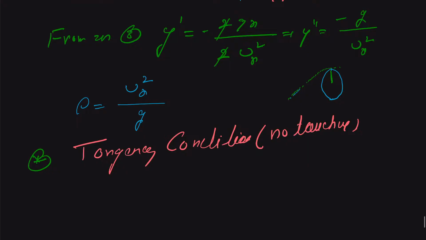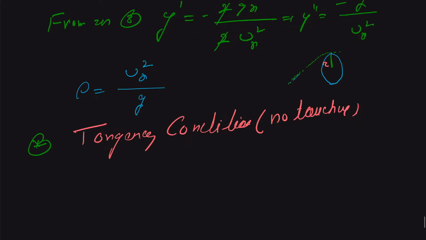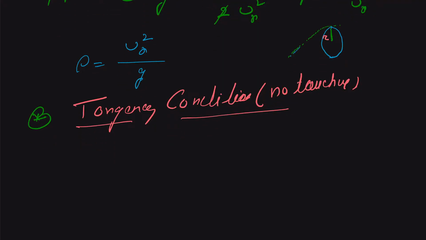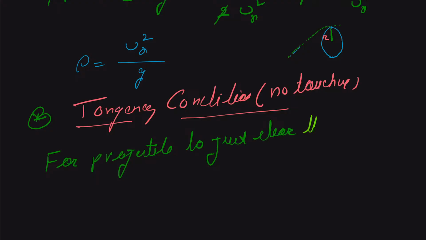The radius of the pipe is r. So for the projectile to just clear the pipe,